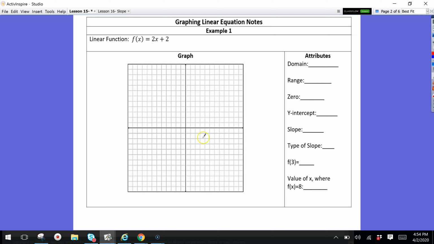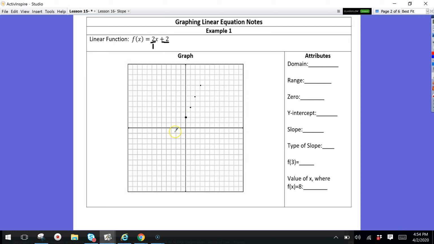So the very first thing that we want to do is we need to graph a point that we know. Well, we know that we have a point at the y-intercept of 2. And then after that, we want to graph other points by using the slope. The slope here is 2, so that means I'm going up 2 over 1 here. So let's get additional points by going up 2 over 1, up 2 over 1, up 2 over 1,